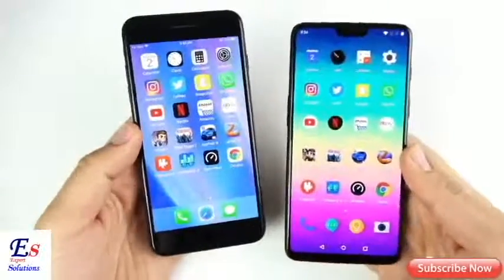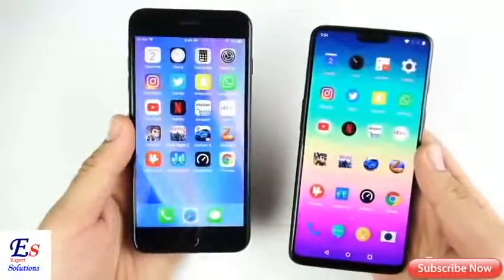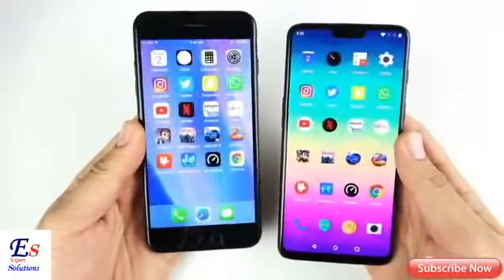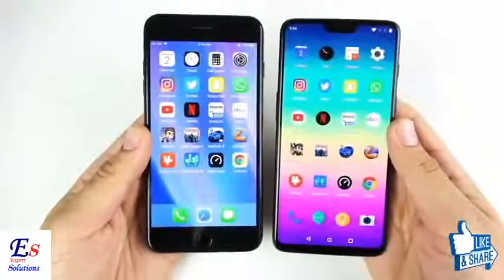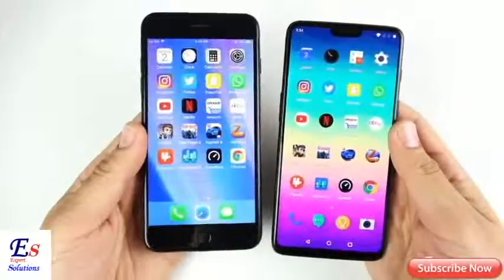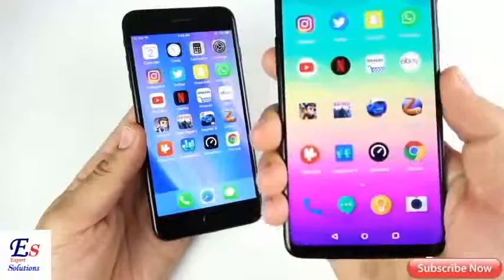So that's pretty much it between the iPhone 7 Plus and the OnePlus 6 speed test. This is a tricky call here depending on which one you want to buy, and if you want to see a full comparison between these two, drop your comments down below. But look at all that screen you get on the OnePlus 6 versus the bezels on the iPhone 7 Plus. But on the iPhone 7 Plus, you get things like dual speakers. You don't get that on here, but